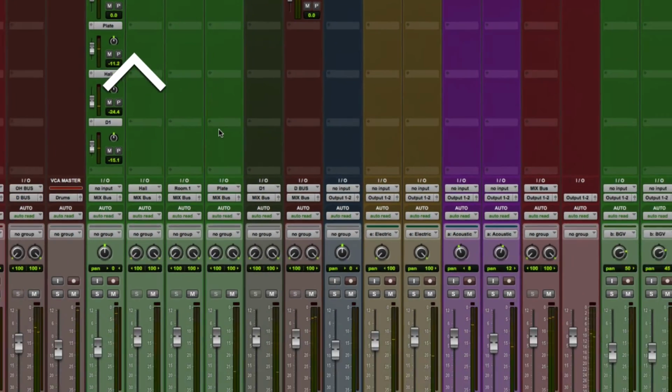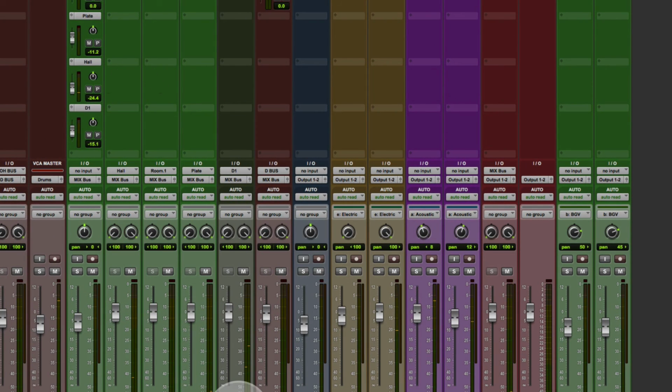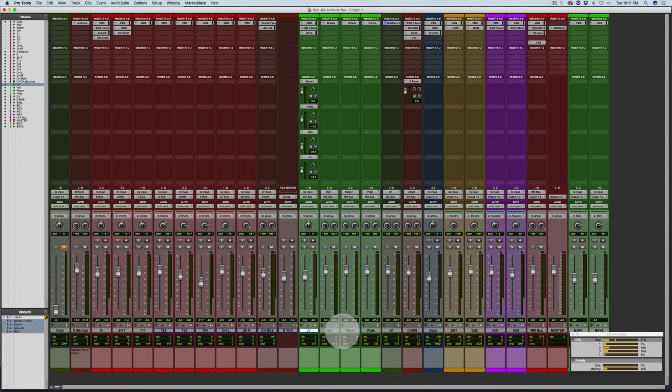Okay, I feel like this needs a bit more high end, but I'll get to that later. But one thing that I am going to do now is, because I have all of these tracks going to the mix bus, I'm going to group them into their own bus so I can do a bit of EQ at the bus level. So let's go there, and with all of the tracks selected,